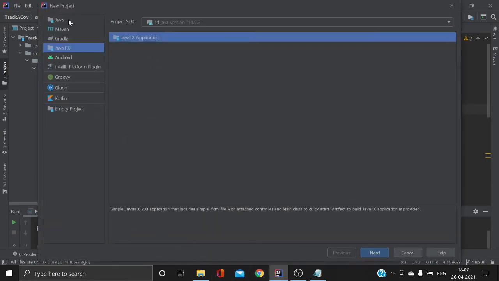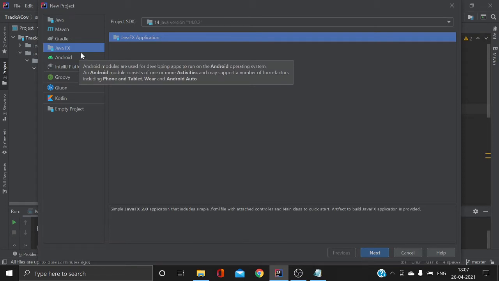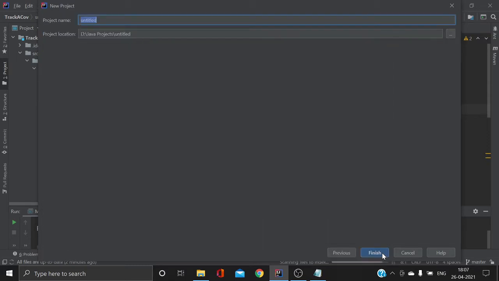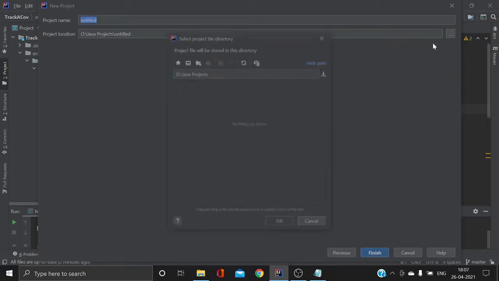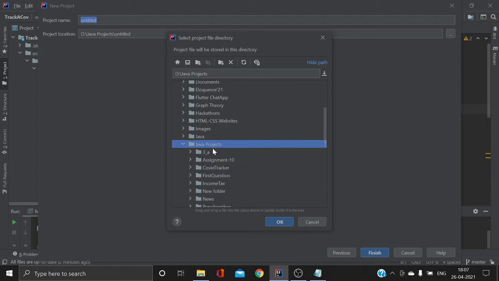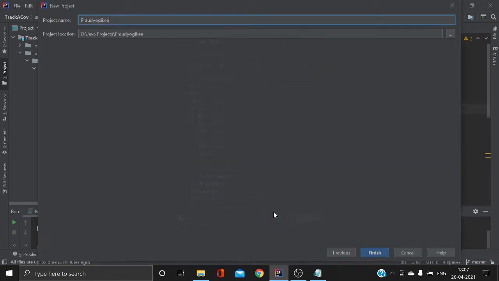Here you will see many options. We will choose JavaFX because we will be making our user interface in JavaFX. You can choose the project location and you can name it.